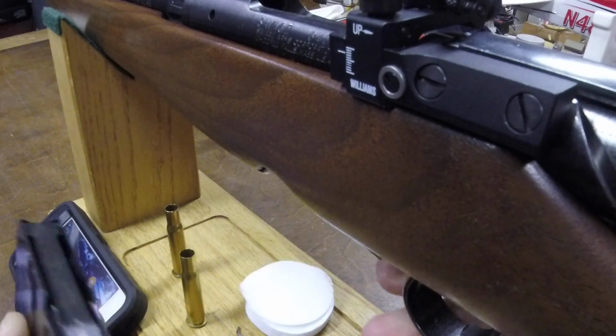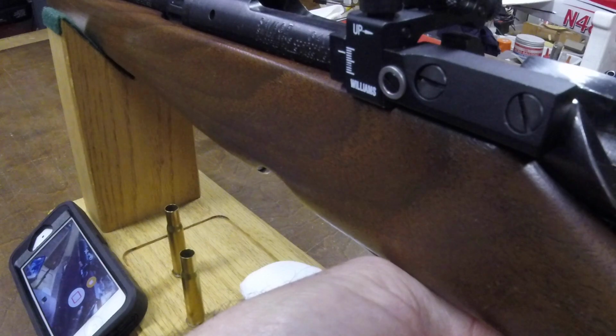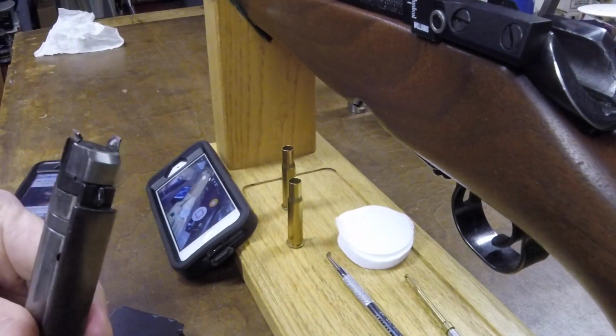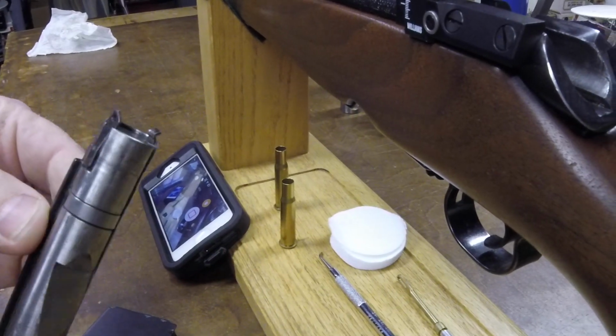So I'll slip the magazine out. To get the bolt out of a 340 you have to pull the trigger, so we'll pull the bolt out. So to talk about the first part, what does the extractor look like? And I don't know if he has the extractor or if he's going to have to come up with it,